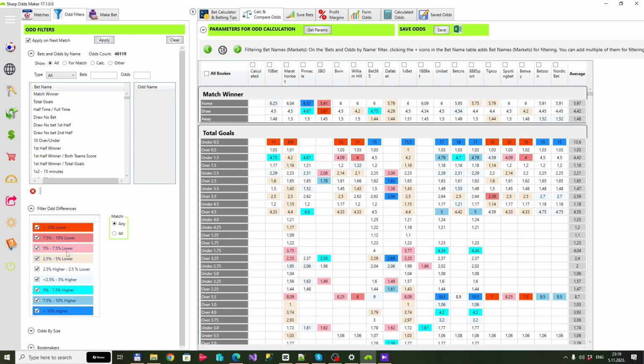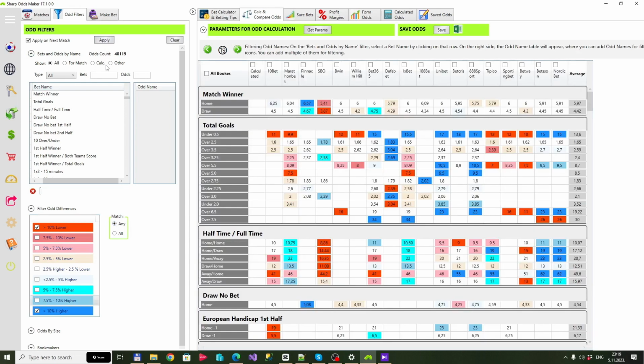It is most common to focus on the most extreme odds, the highest and the lowest. Therefore, leave only those checked and press the apply button.